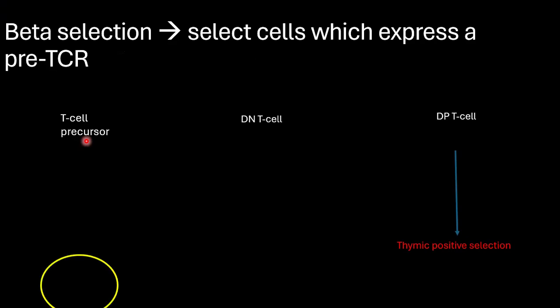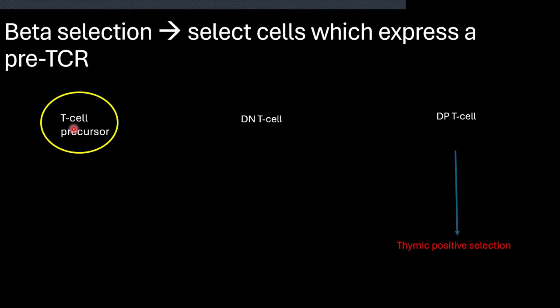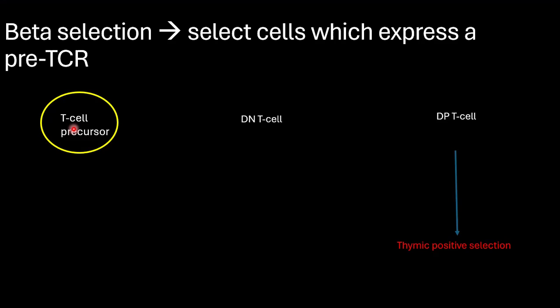So you have a T cell precursor which has come from the bone marrow. This T cell precursor does not express a T cell receptor. It does not. Nor does it express the cluster of differentiation molecules, the CD molecules. It does not. But it has to express these molecules for it to mature. So beta selection is now this T cell